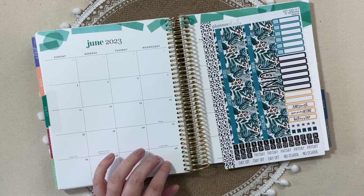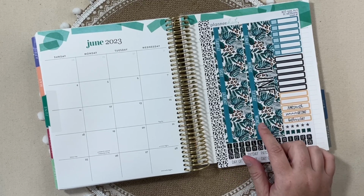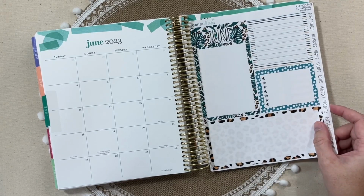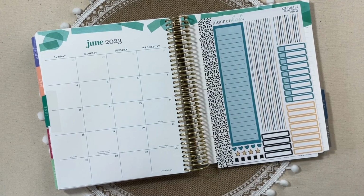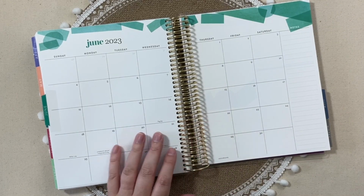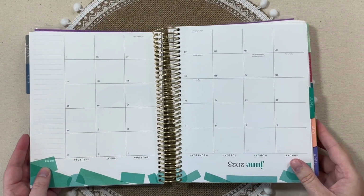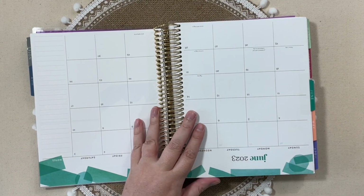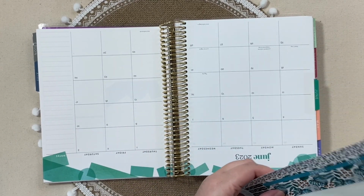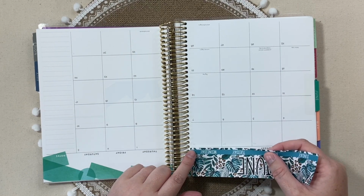I am using PlannerKate Kit 525. So I have H1 here and H2, and then the H3, which is the dashboard page. What is kind of blowing my mind right now is that this is the last monthly that I will be doing in this particular planner, because the next month, July, I'll be in my Erin Condren LifePlanner for